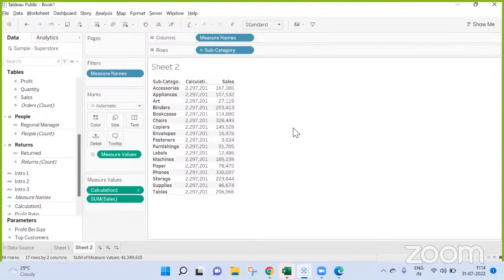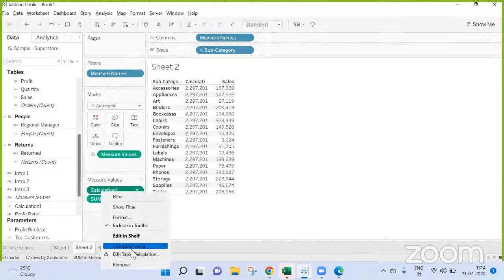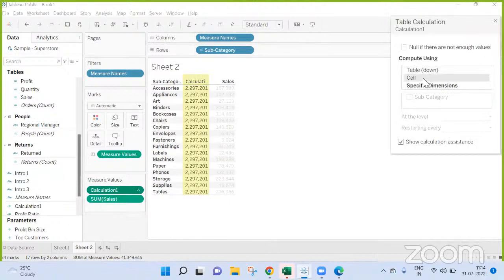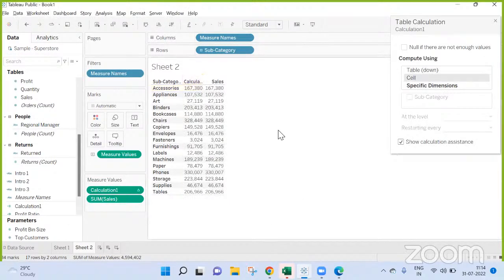I didn't get what your doubt actually was. No, I think I was getting a different output. Maybe I've done something wrong. That's what I was asking. Okay, then you might have done something like this. Might be, because you might have selected cell in here. Yes, which is why I was getting the exact. Yes, that's right. So that is the reason you got it.